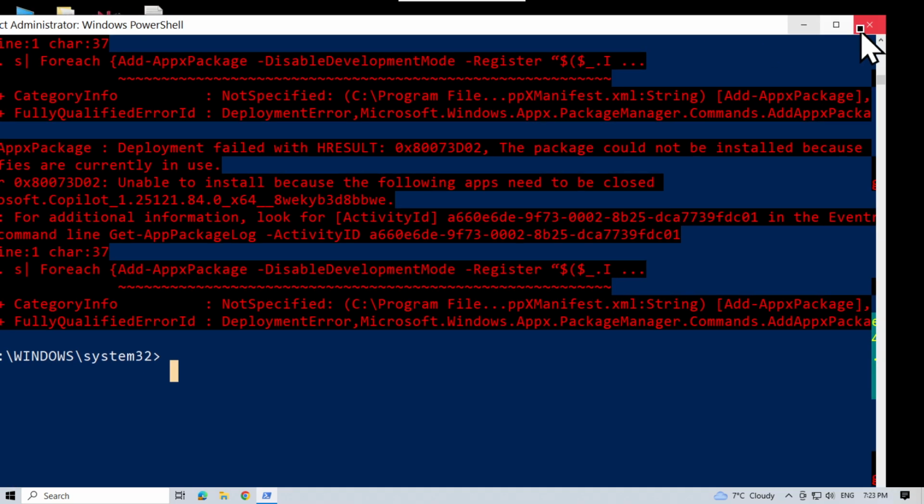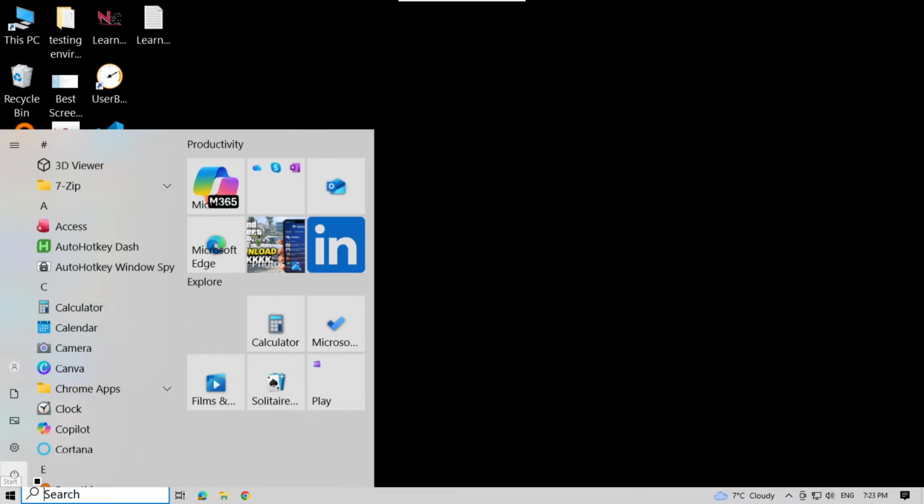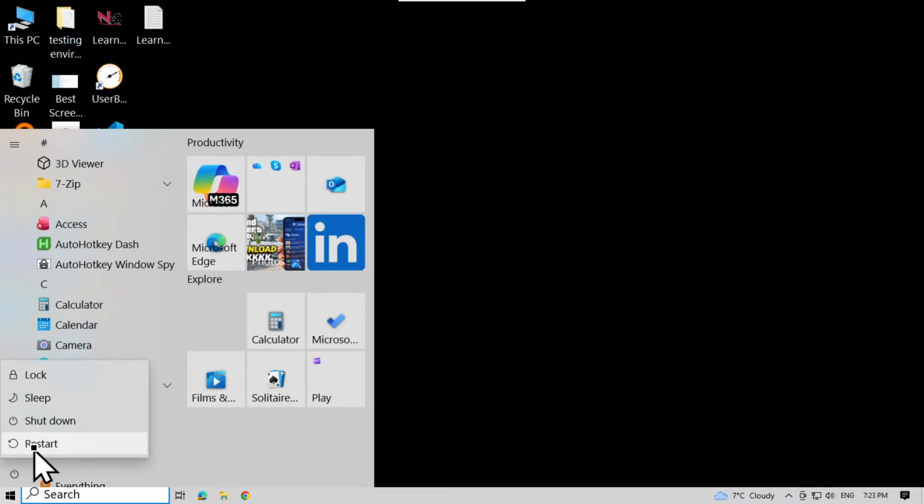Now you can close the window and then go ahead and restart your computer, and this should fix the problem